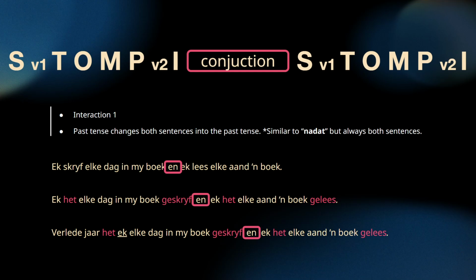Now, as we explained in the video on past tense, we can quite often begin with a time word or an adverbial phrase of time at the start of our sentence, which in this case, the example is verlede jaar. I need to now also remember that my first verb position needs to stay in the second slot. So verlede jaar, now I need my verb, het, and then only my subject, ek, elke dag in my boek